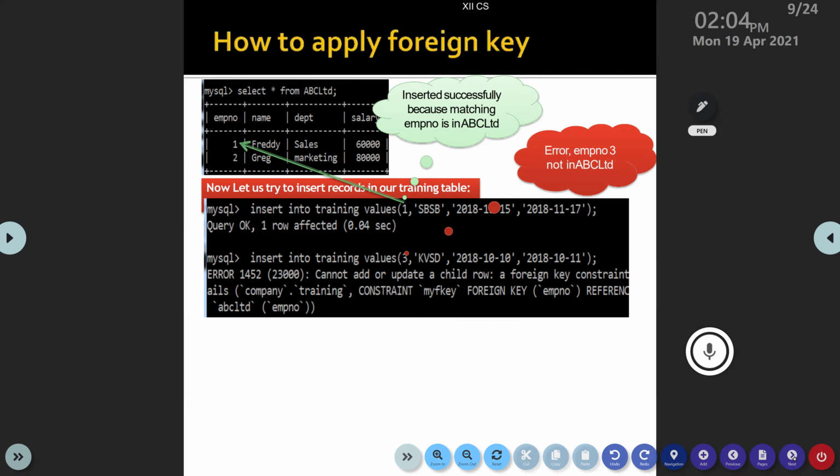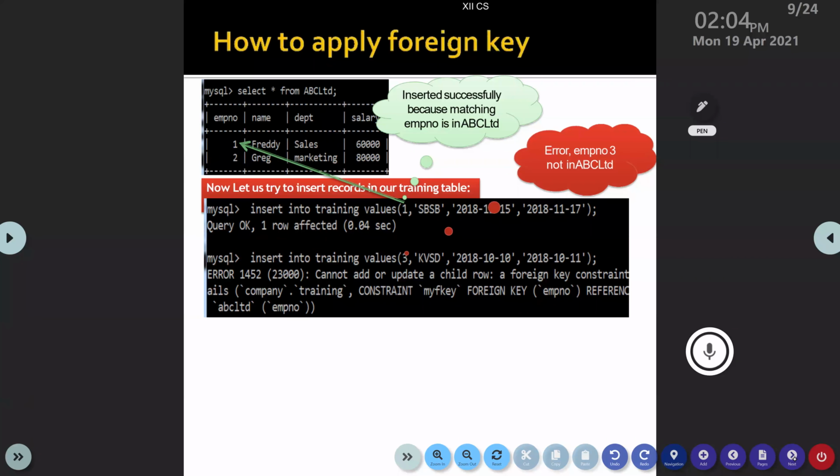Now, next set. Insert into training values 3, KVSD 2018, 10, 10, 2018, 10, 11. Error. Why? Why is it not possible? Because its value is not there in the other table. Yes, there is no such employee who has employee number 3.